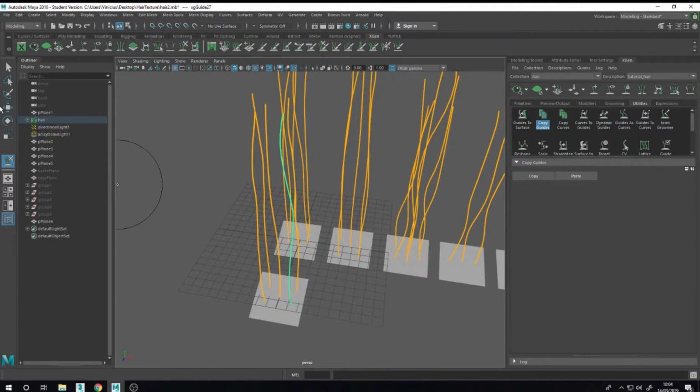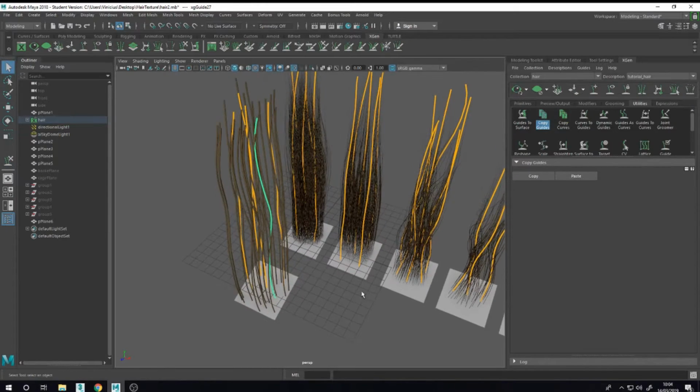Okay, I think it's good. Let me preview.